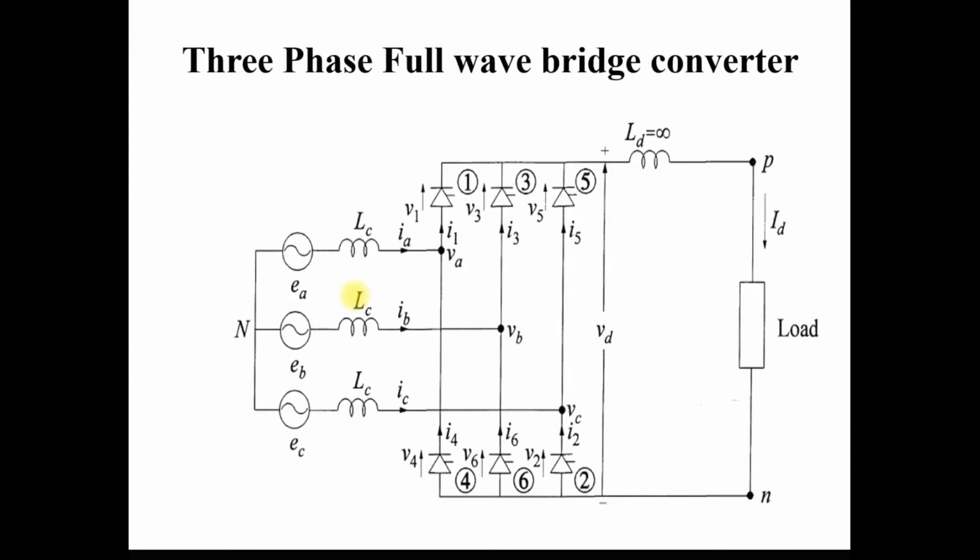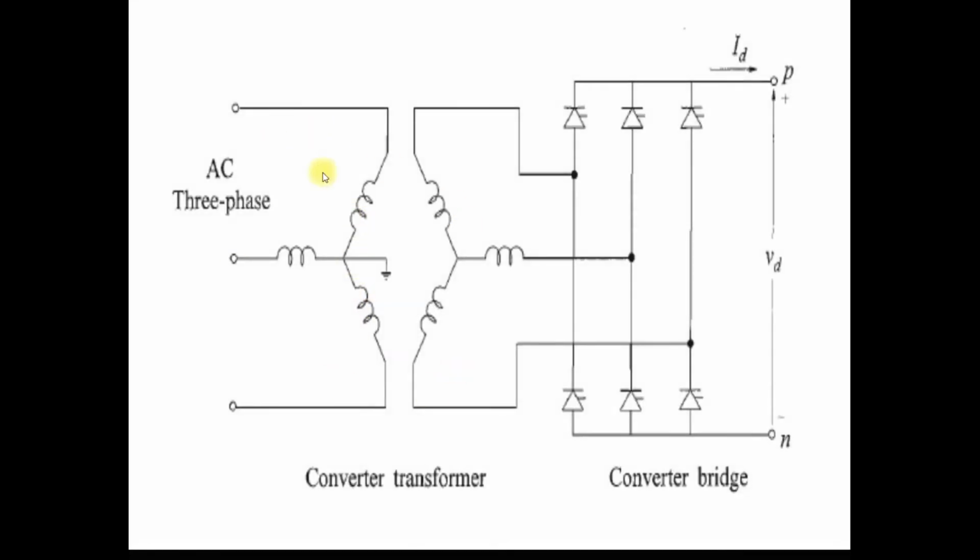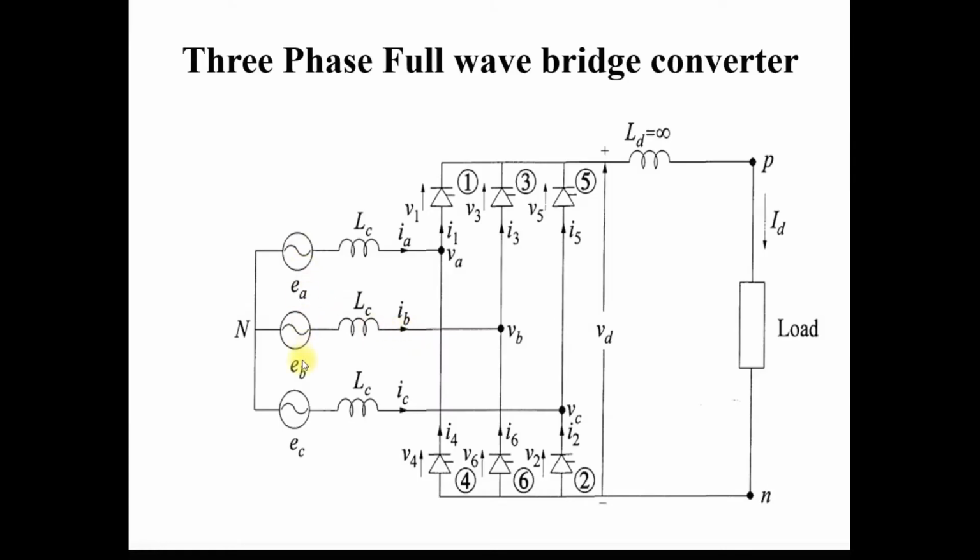And this is the equivalent circuit of this figure. You can see that the supply with the converter transformer is represented by the individual sources EA, EB, EC in series with the source inductance, and this is a lossless inductance. It means there is no loss in this inductance. So whatever power the EA source provides, the same power you get at this terminal. The same holds for the EB and EC phases. And here, for this inductor, we assume that ID is constant. Based on this assumption, we can draw this equivalent circuit of these converters. And first we analyze by assuming that the source inductance is zero or negligible.